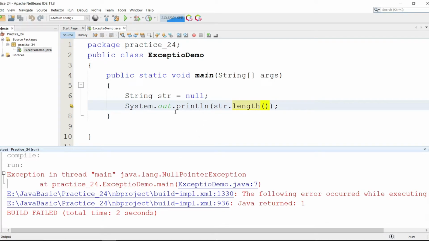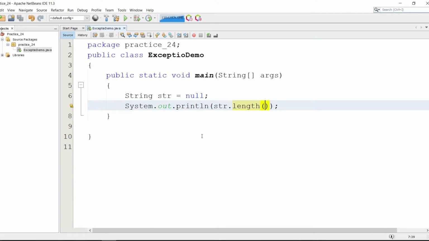This is going to throw the exception as we have defined the string value as null and we are calculating the string length. A null value cannot be measured by the length method. So it's gonna throw the exception here. In this way the Java Virtual Machine handles the exception, and it's gonna say NullPointerException.